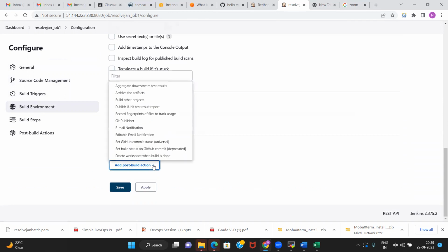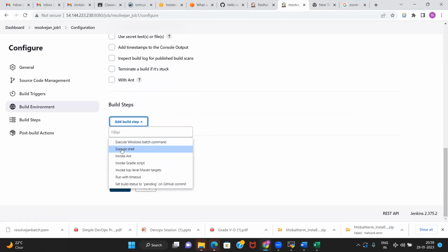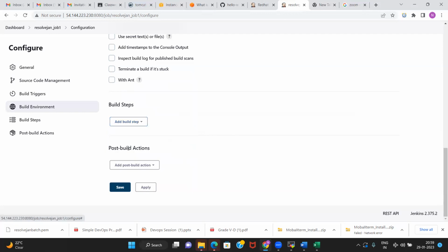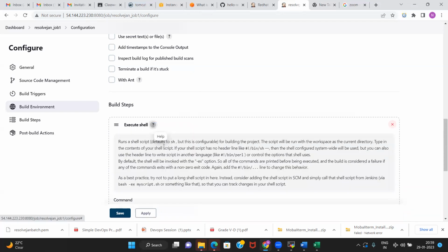So add build step, and execute shell. Shell is basically what it will explain: it runs a shell script, default to sh, for building the project.